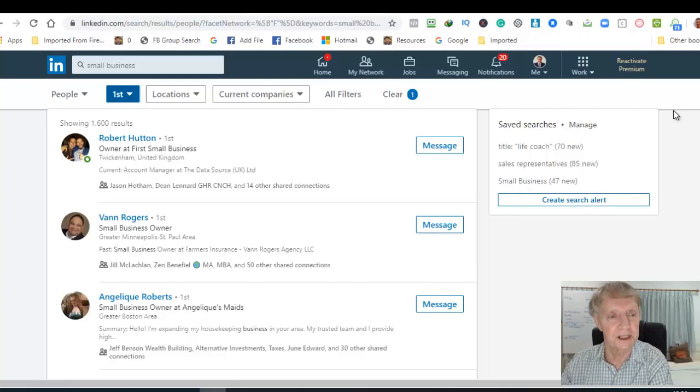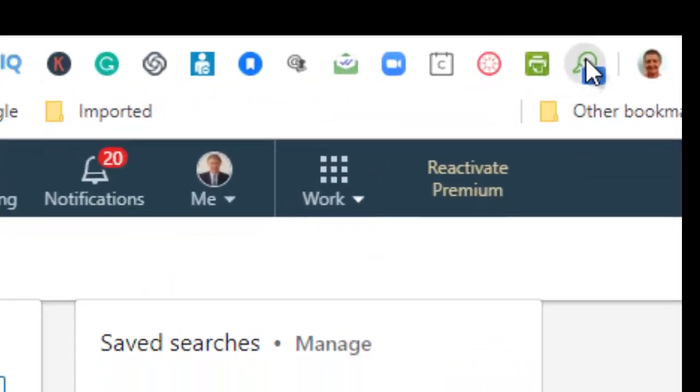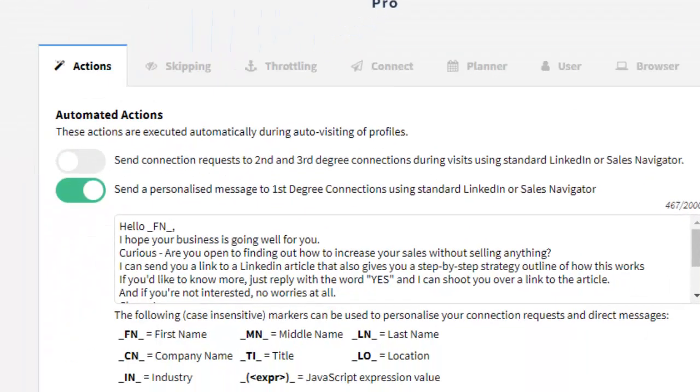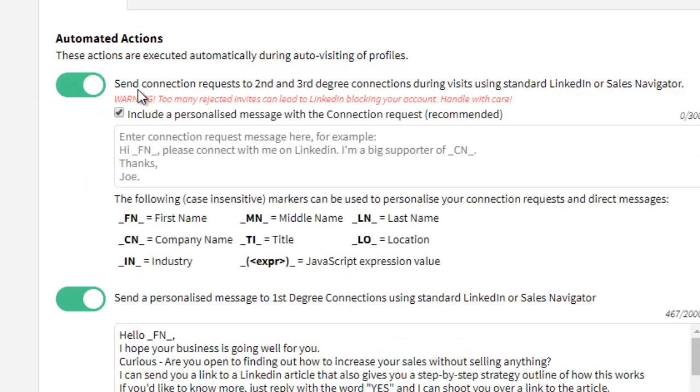Before I start sending anything out, come up here, I click on the Dux Soup icon. Now, see the little gear thing? Click Options. This is how you set it up. Now, two key things you can do is use this one here, which is to send connection requests